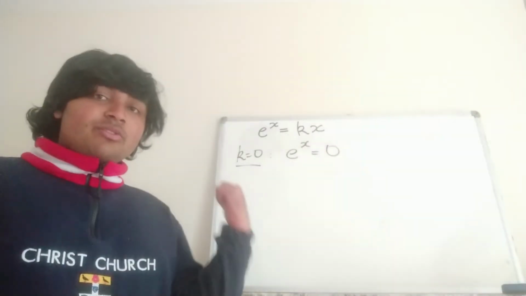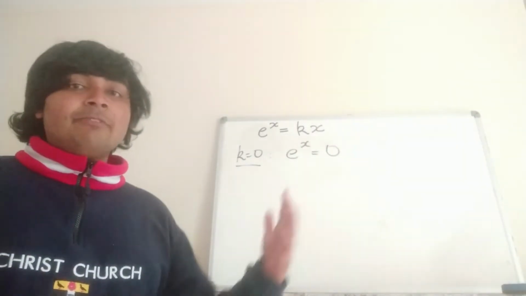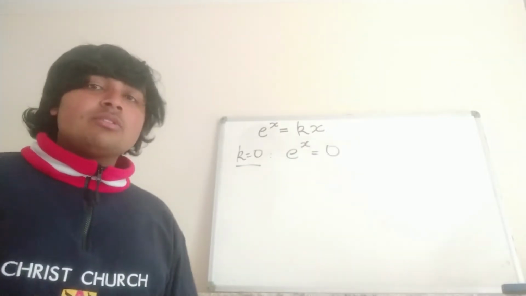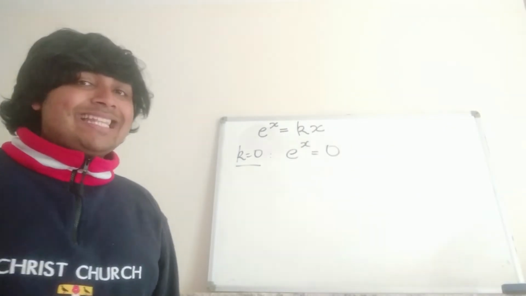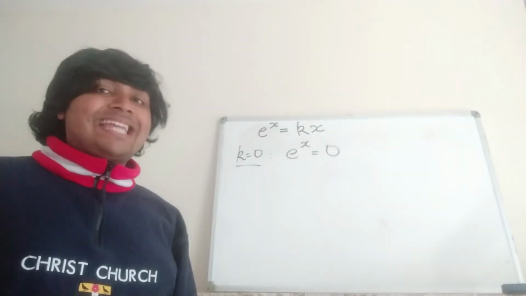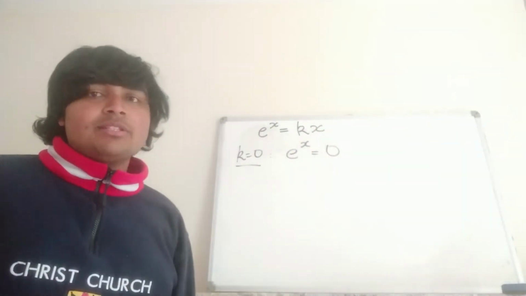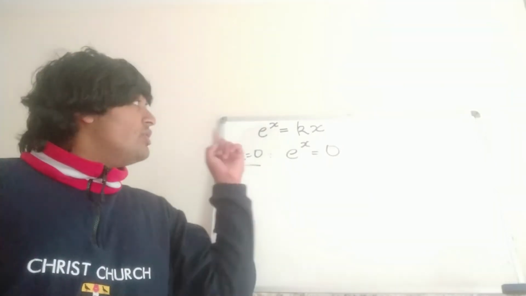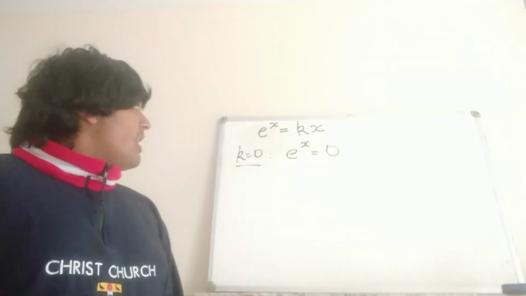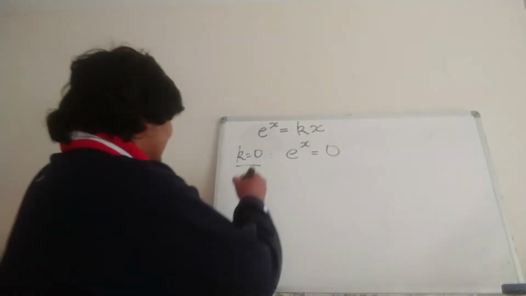Now what we want to do for the next two cases, i.e. when k is negative and k is positive, is sketch a graph to help us. If we sketch the graph y equals e to the x, and we sketch the graph y equals kx, then we can look at any points of intersection, and each point of intersection will correspond to a solution to this equation. Okay, so let's look at the case when k is less than 0,